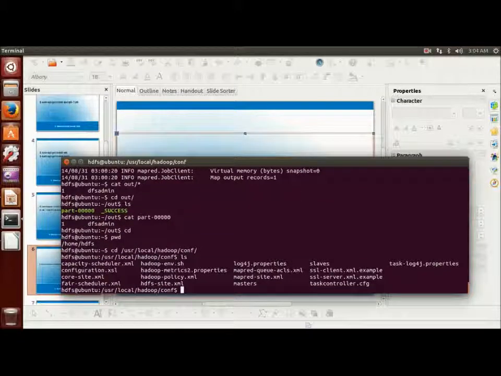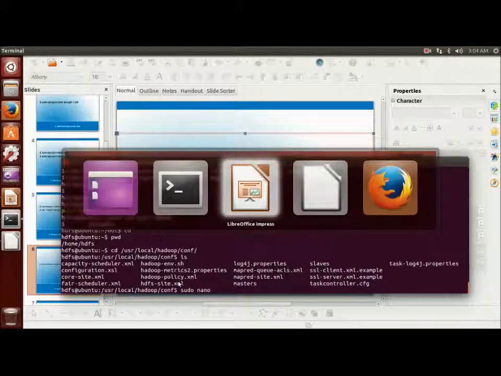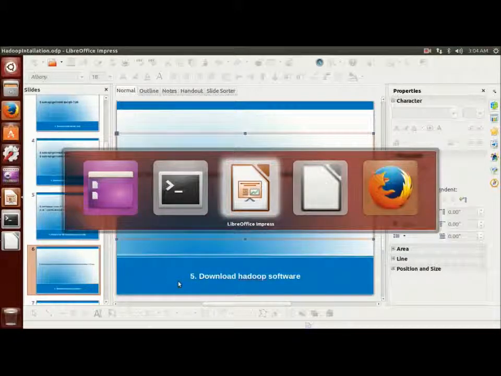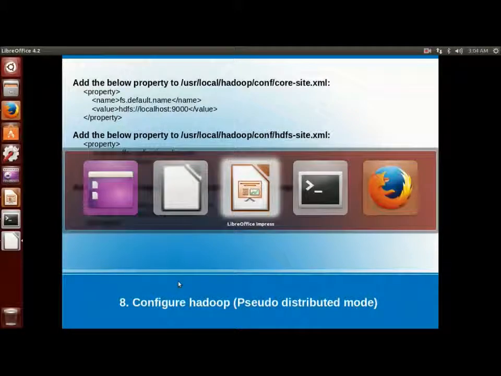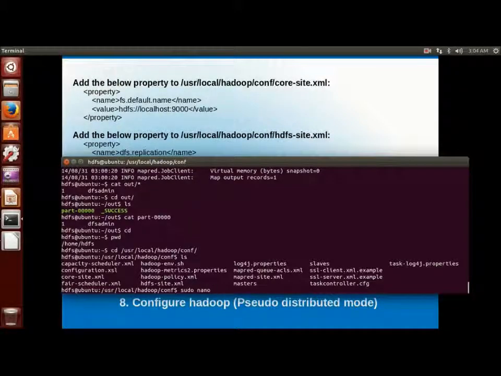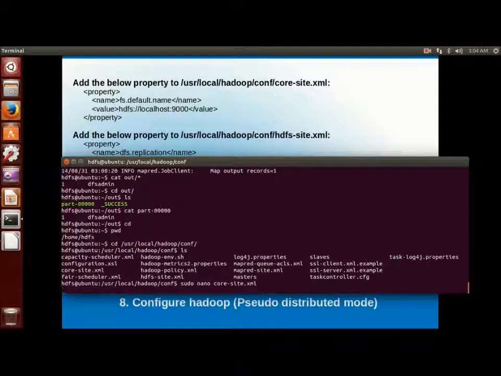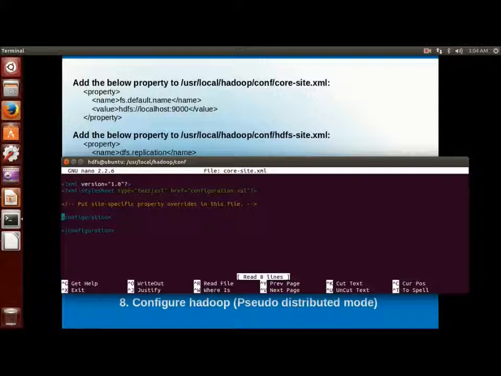So sudo nano core site.xml. Under this, configuration is the root tag of this XML file, and then the property, with the property name and property value. fs.default.name, and where our name node is running.